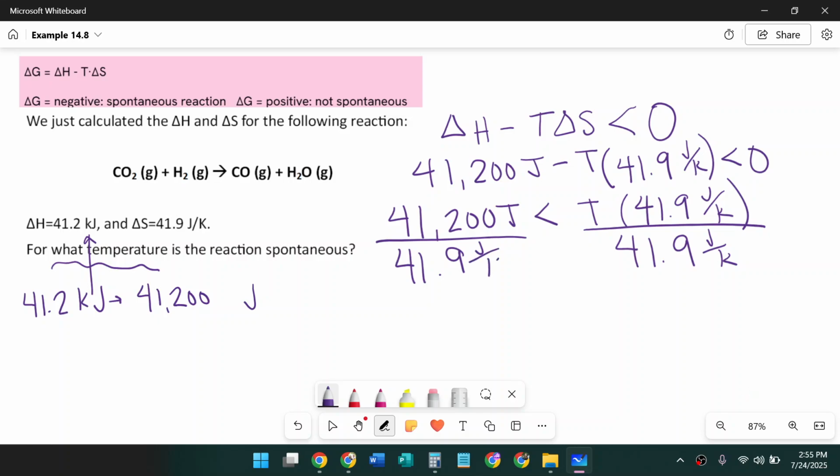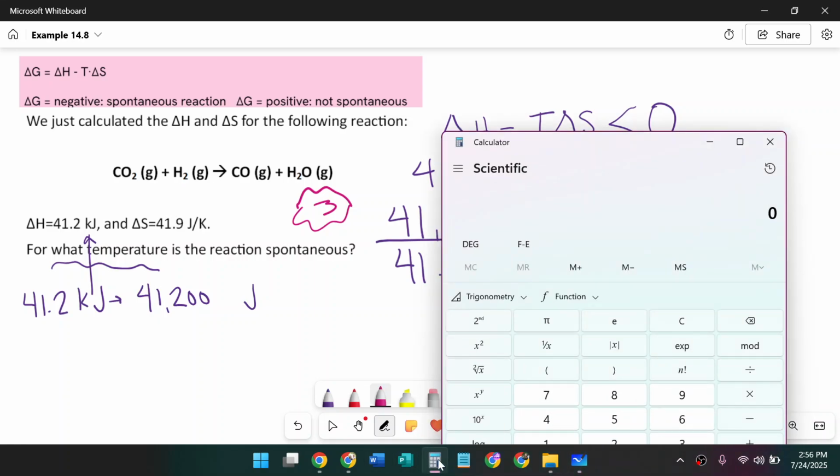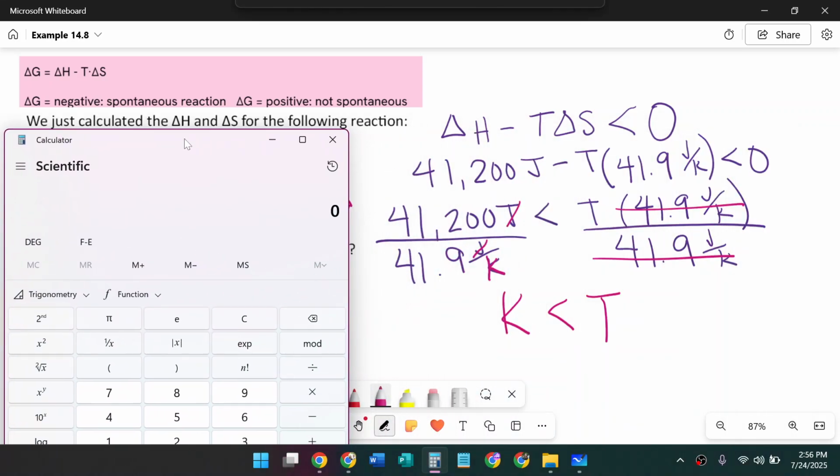41.9. And we've done a couple of these, but just to remind you, whenever we do these, this is kind of like it's the top of the fraction, so it's as if it's a whole number, so it cancels with this. This K right here is on the bottom of a fraction, which is on the bottom of a fraction, which means it comes out as being the actual unit, not on the bottom of a fraction. All right, we're dividing. We have 3 significant digits in both of our numbers, so our answer needs to have 3 significant digits. So we have 41200 divided by